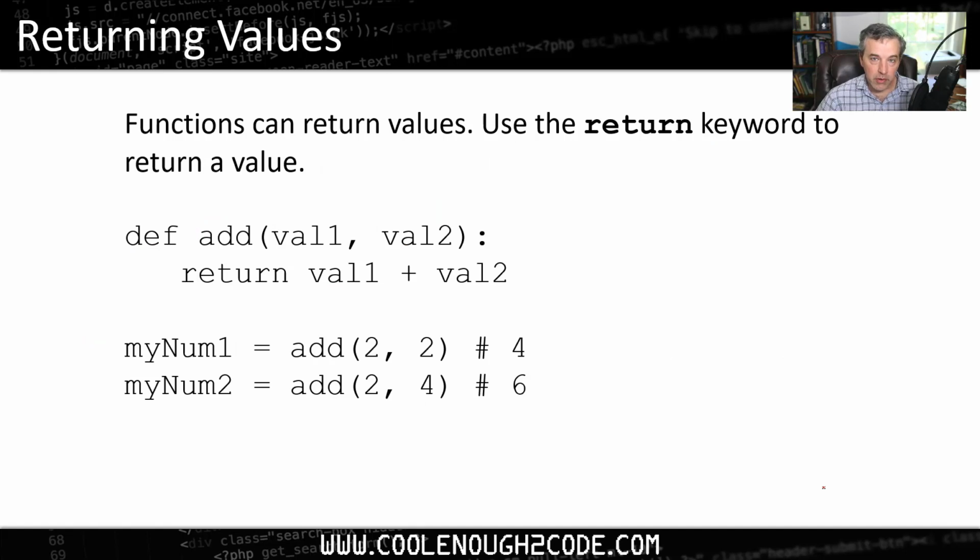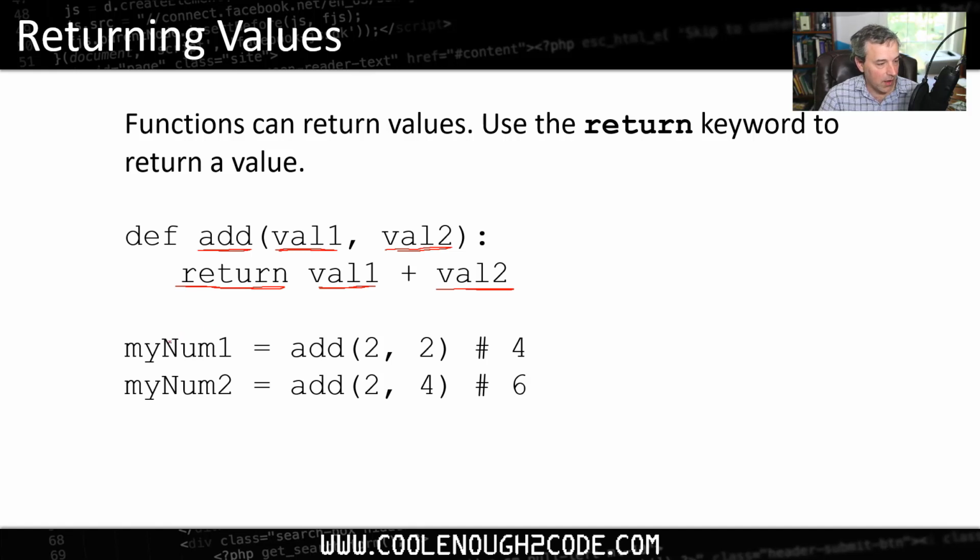Before we go over to Tony, I wanted to look at how to get values back from a function as well. We've looked at how to get data into a function. I want to look at how to get it out, and that's what we have here. For a return value on a function, we use the return keyword that we see right here. So we have this add function right here, and it's going to accept two values, val1 and val2. And val1 and val2 in this add function are going to be added together. I'm going to take the value of val1 and the value of val2. Those are my arguments that I'm going to be passing in, add them together, and then return those back to